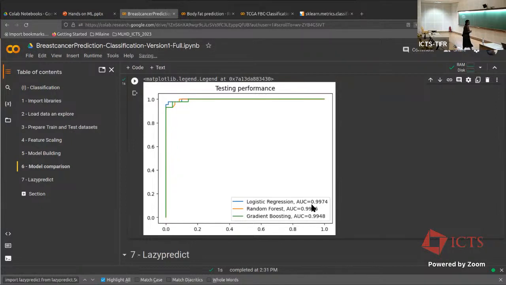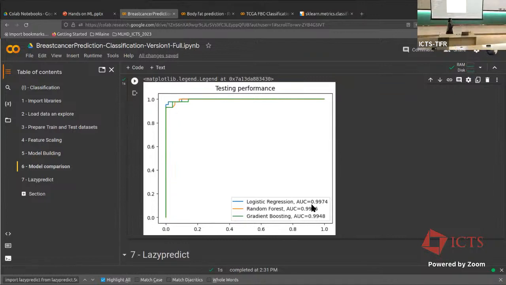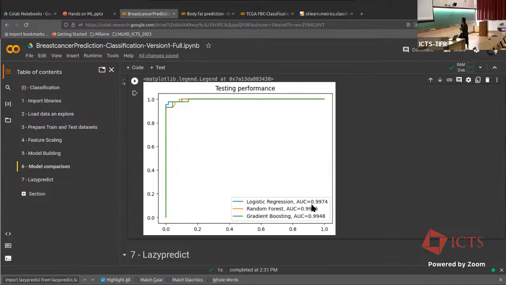So recently, you have a library that's called Lazy Predict, which is coming into the space of machine learning. It's not going to do a very good job at creating the models, but it will give you an idea of the different algorithms, how they're going to perform with your data set. Okay, so you have to first install the Lazy Predict library,